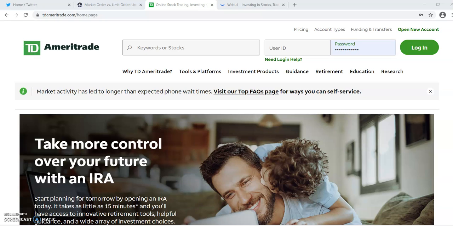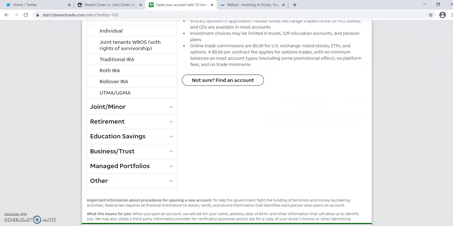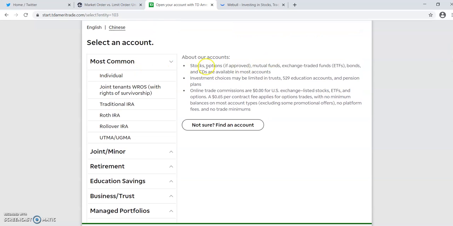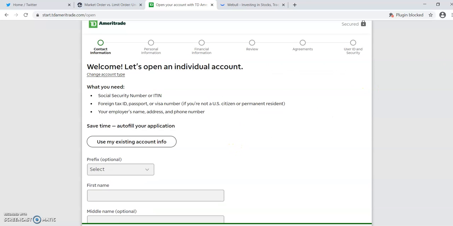Okay guys, I just want to show you a really quick how to create an account on TD Ameritrade and Webull. So if you go to tdameritrade.com and you go over here to open a new account, and then from there you can pick exactly what type of account you would like to create. If you're going to do stocks and mutual funds, ETFs and things like that, then you'd want to go to individual. Now if you have some questions, you can click on here and they'll give you more information, but if you want to do stocks, then you can click on individual, open an individual account,